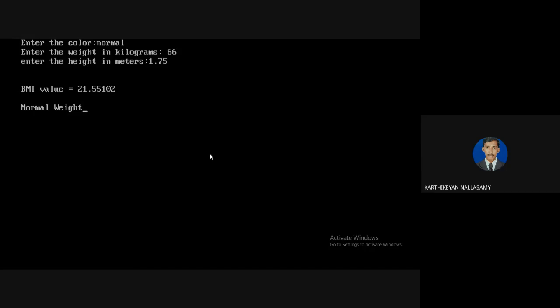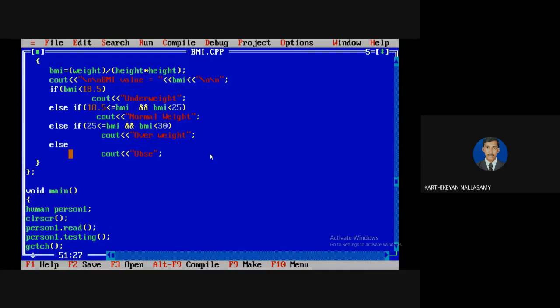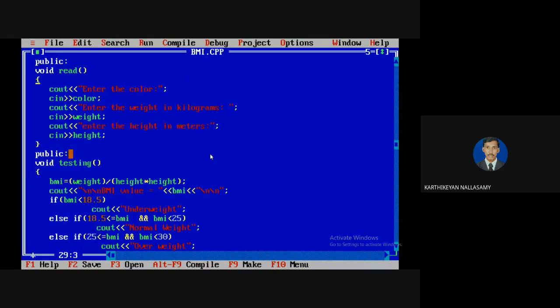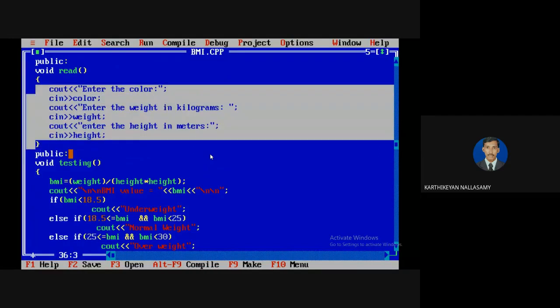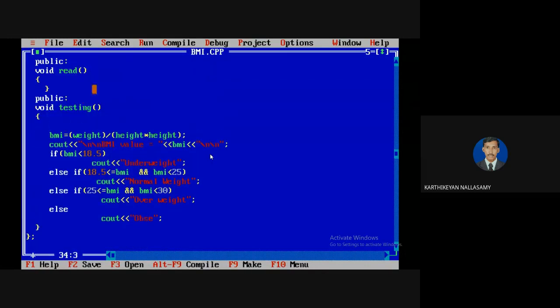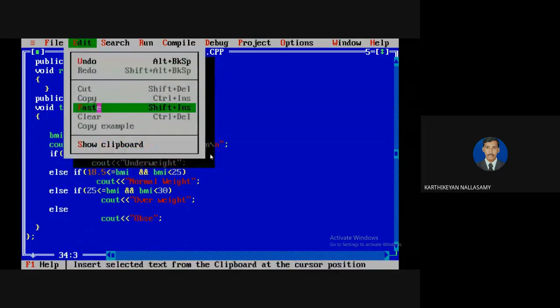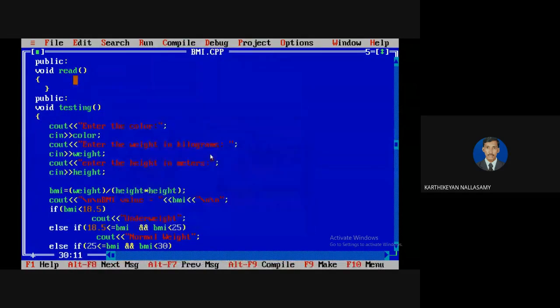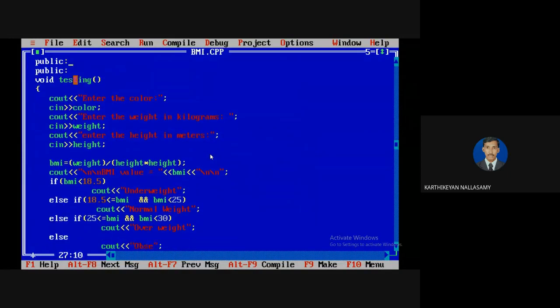For example, if I don't want to write a separate function, then we can do one thing, you can combine everything here. If you want to combine, you can make it a single function, so you can cut and paste it here. There is no need for an empty function and all, so you can remove this, that's all.